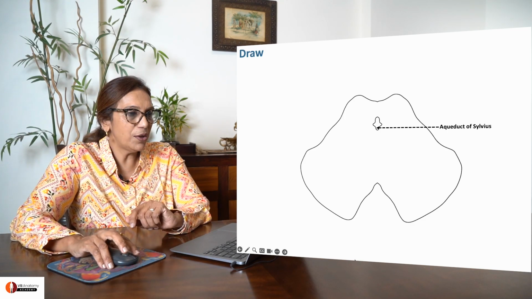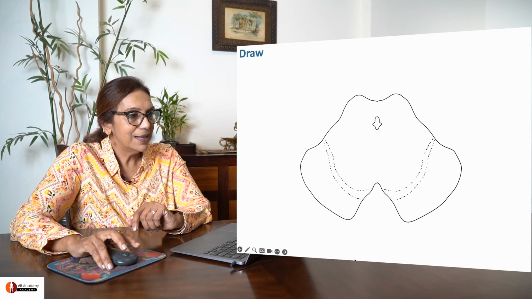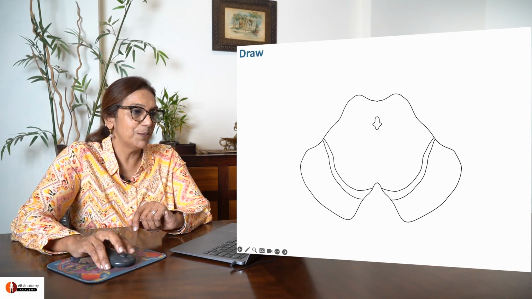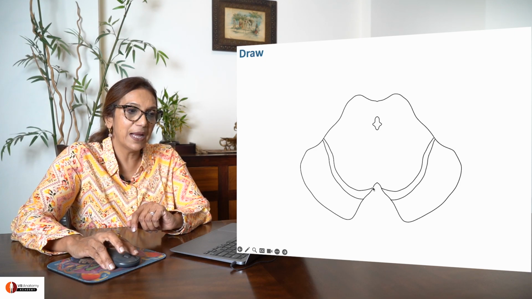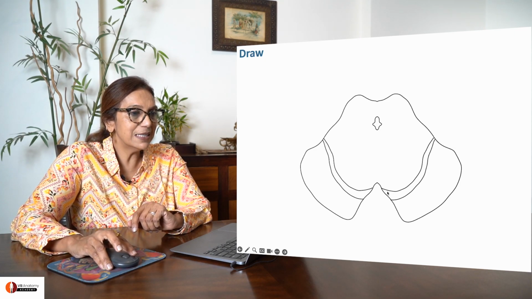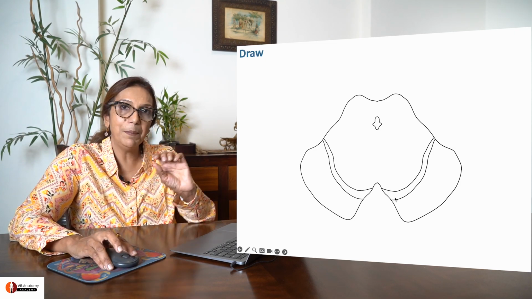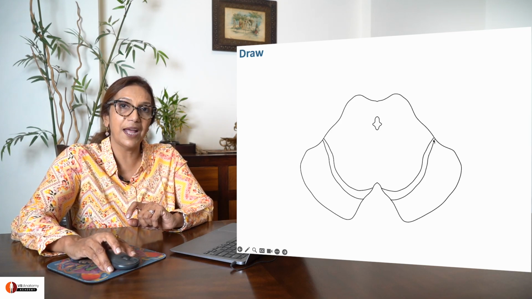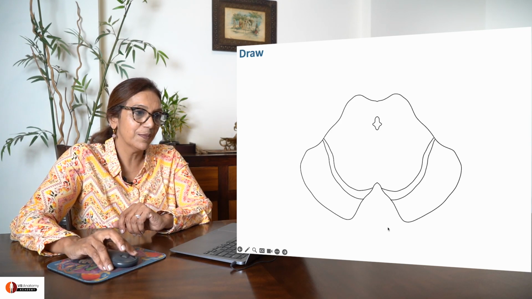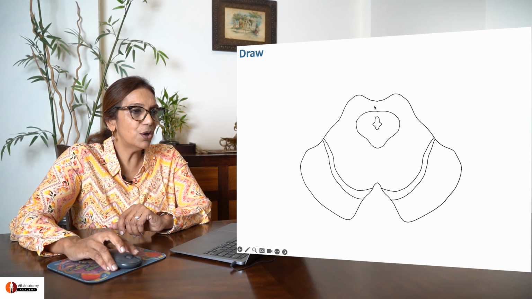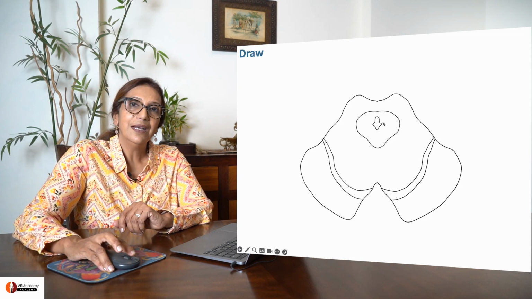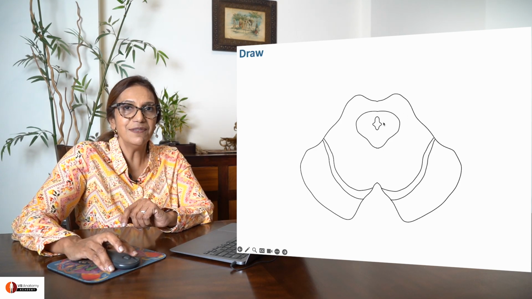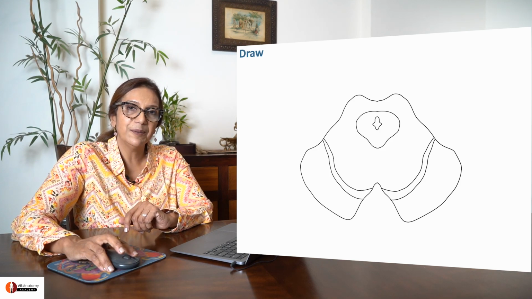Right. So if you've drawn this, let's add these two lines to them. Okay. Draw one a little bit in the front and another one a little bit behind. Remember to draw the distance between the two lines a little bigger medially and a lot narrower laterally. Also draw a circle, somewhat like a circle, around the central aqueduct of Sylvius. Have you drawn it? Okay.